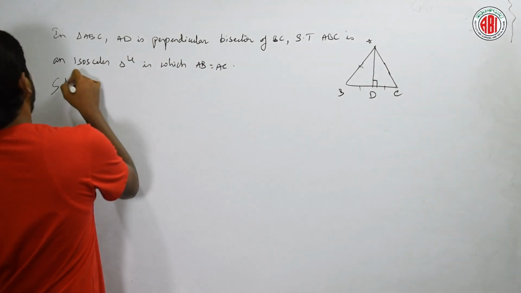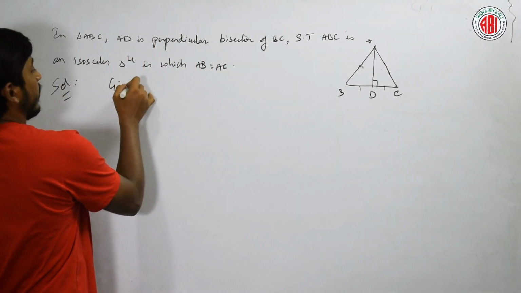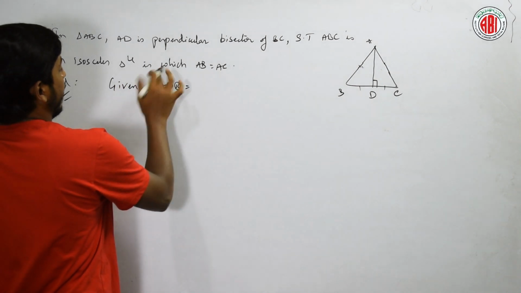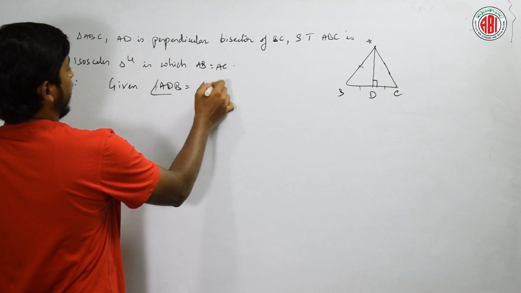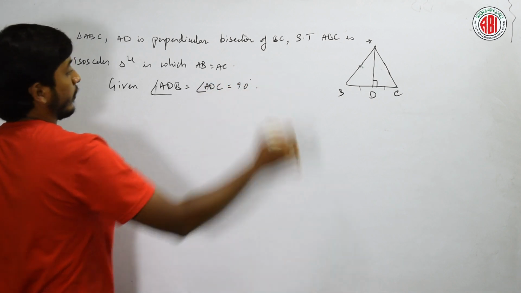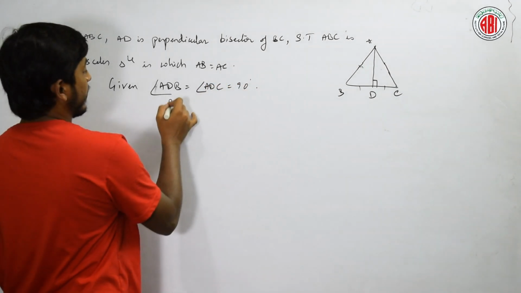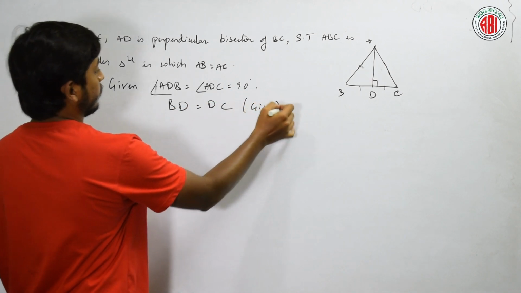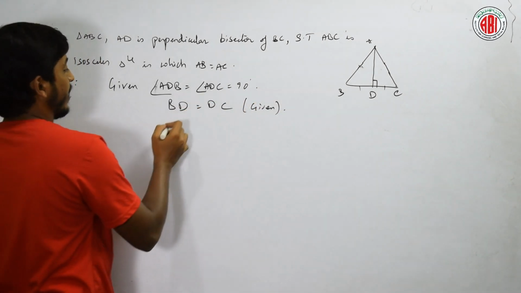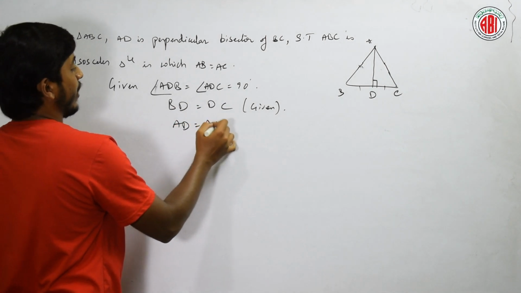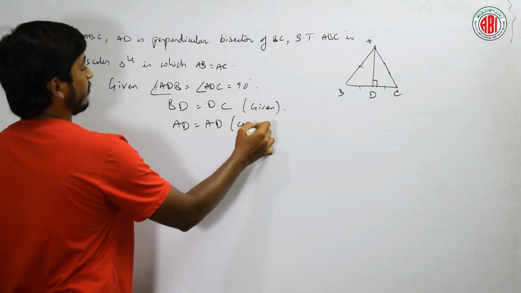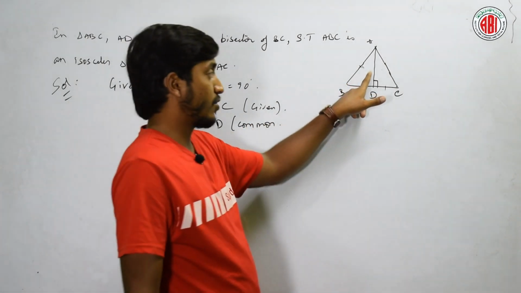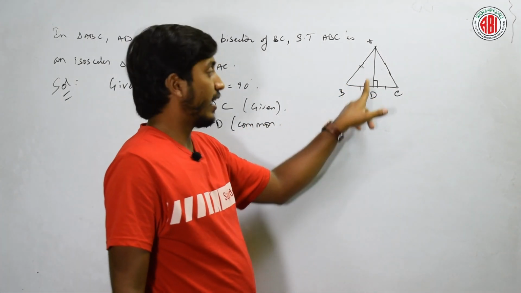Tell me. Given triangle ADB, angle ADB is equal to angle ADC, which is 90. Clear? And the next, BD equal to DC, this is also given. Clear? And if you observe, AD equal to AD, which is common,